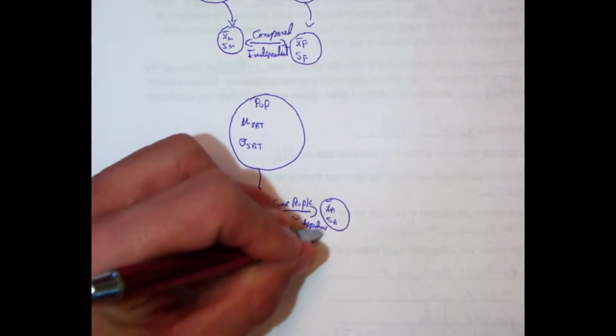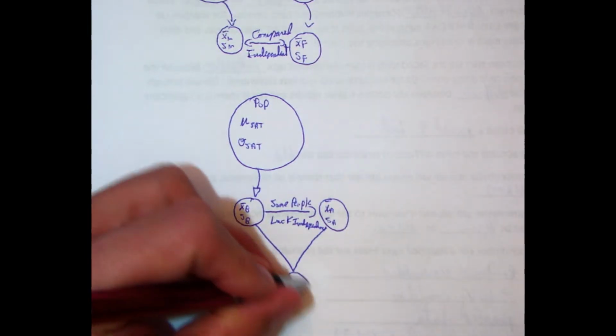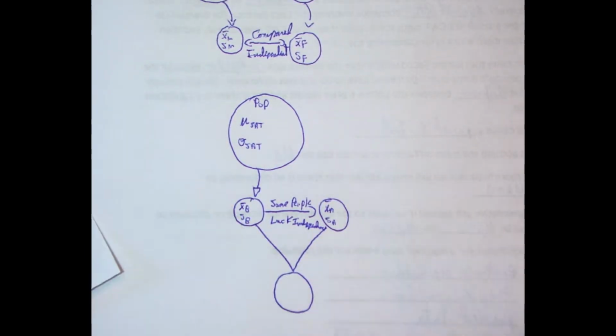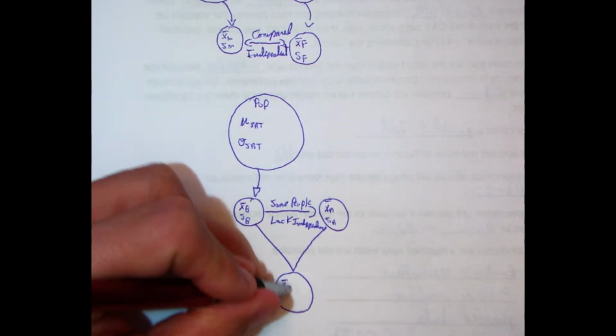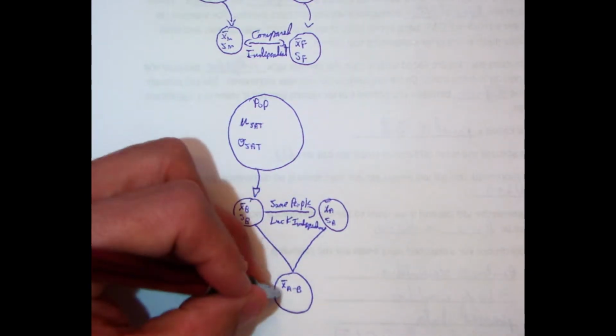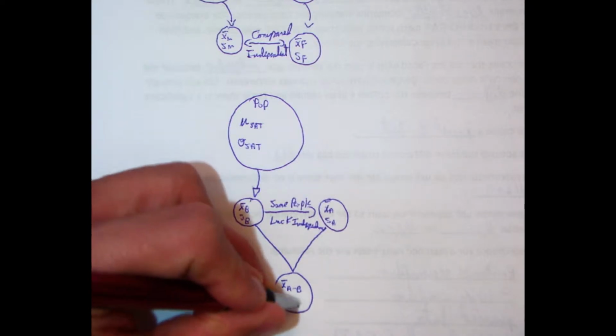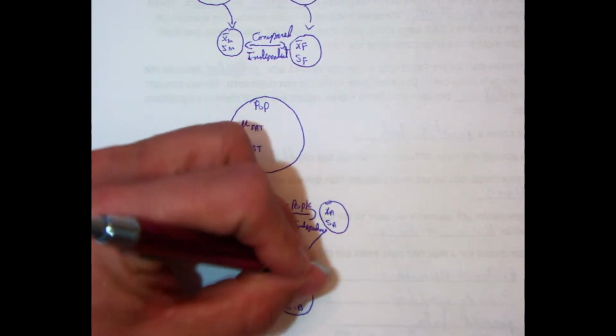We're going to take the results of those two samples and see what X bar sub A minus B is. What's the difference in your average SAT scores? And what's the standard deviation of that difference? Really, a matched pair t-test, we're going to treat in a similar way as a one-sample t,